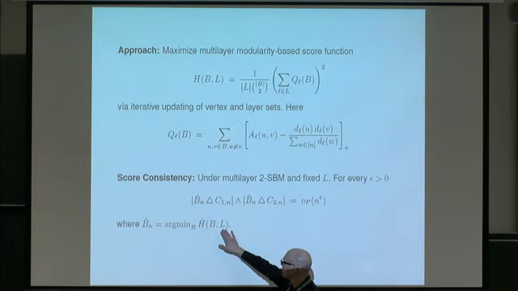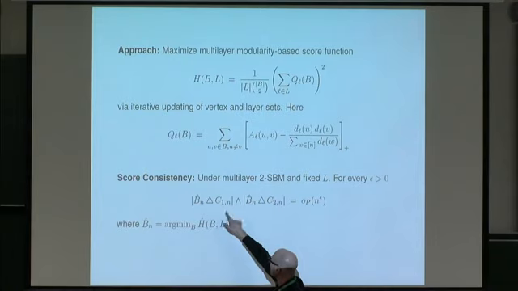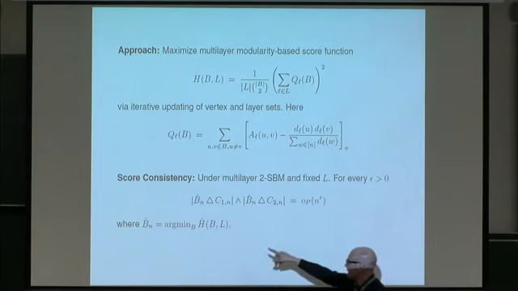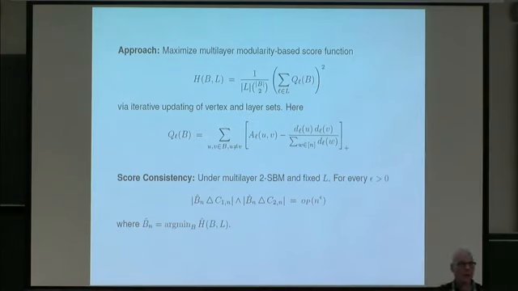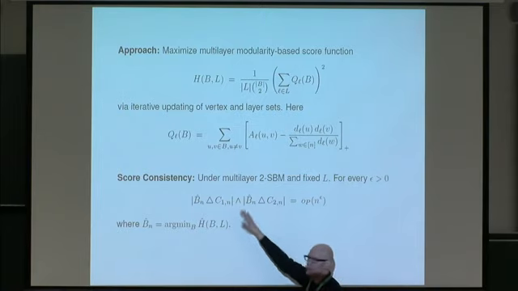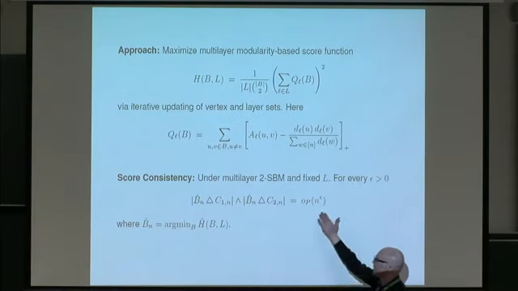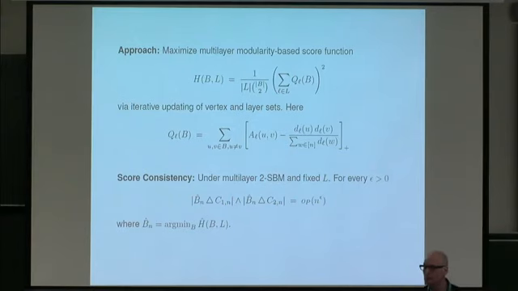We consider L being unknown, but if you fix L and look at the empirical version of the score and choose the set B that minimizes the score here, then essentially that set B_n hat will have a good match under a standard two-community stochastic block model, with either community 1 or community 2. And we have... what are D_L of U?